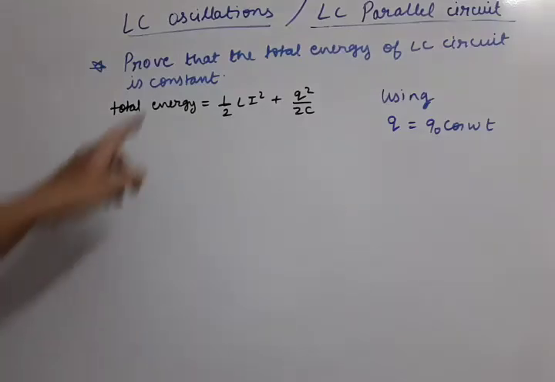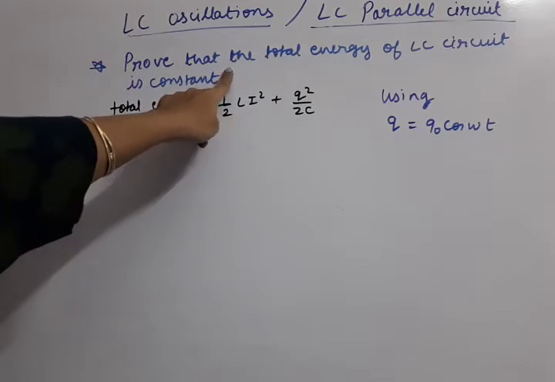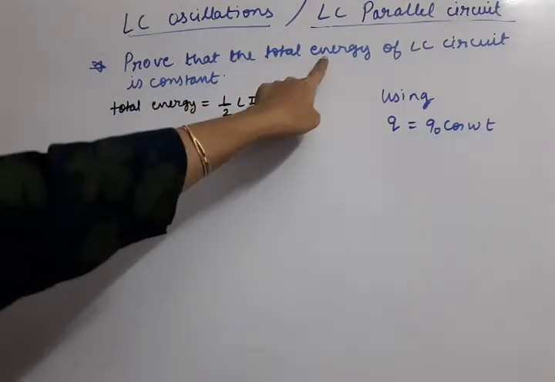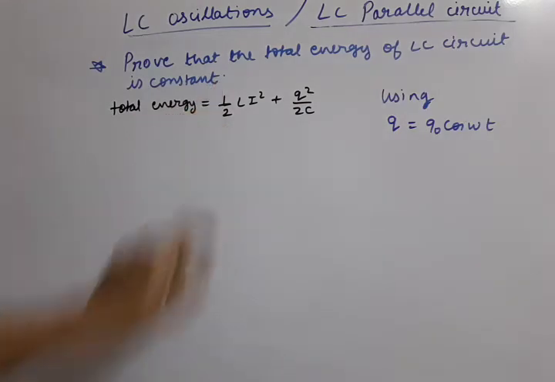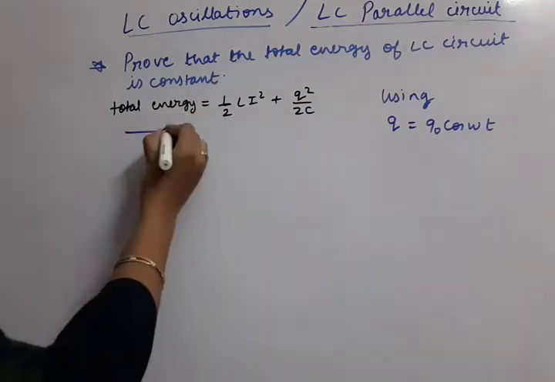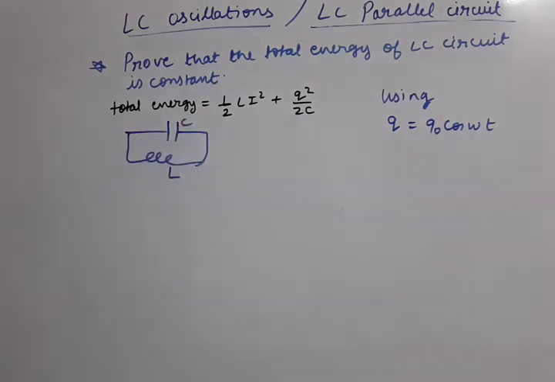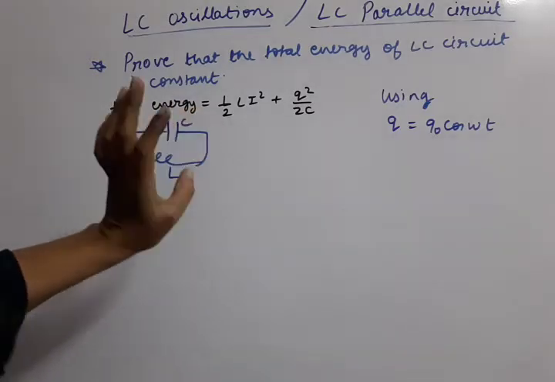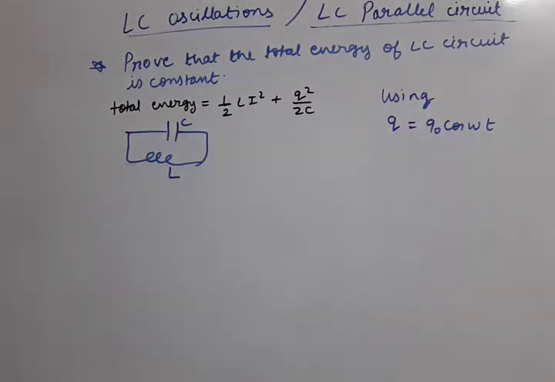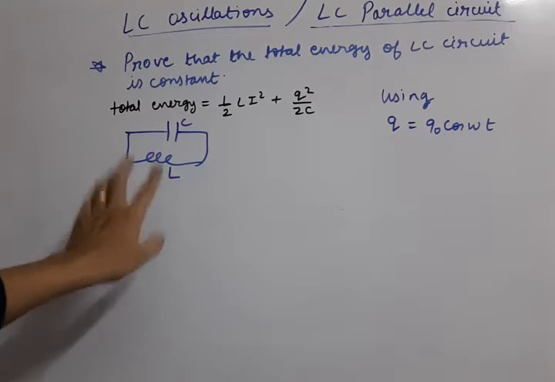Okay, students. Now in continuation with the LC oscillation circuit, we have to do one last heading related to the LC circuit: energy. Prove that the total energy of the LC circuit is a constant. The LC circuit which we studied has C and L. C is fully charged and L is getting the current supply from C, and this way they alternately become the supplier of charge. We have to prove that at any time the energy of the circuit remains constant. How to prove it? Let's start.